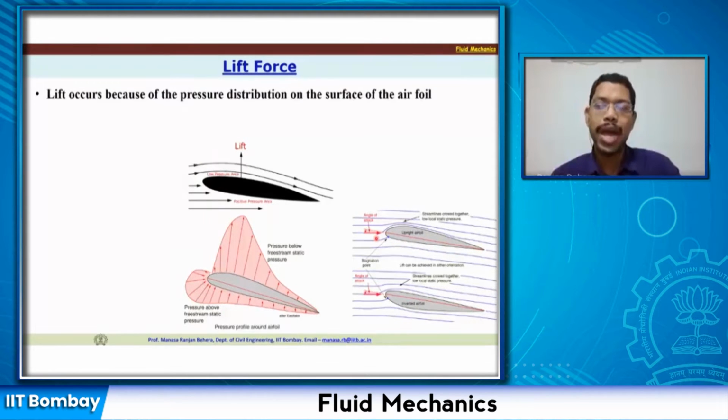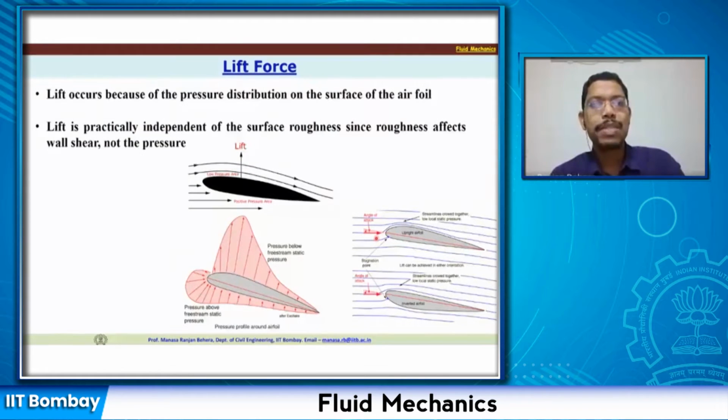So this angle of attack plays a role in contributing to the lift. Whether the lift force is going to be higher or lower, or how much it will increase at different angles of attack, depends on the pressure distribution that takes place during various angles of attack. All right. So lift is practically independent of the surface roughness because we have already discussed that the viscous effect is negligible. So if the viscous effect is negligible, obviously the surface roughness is not going to play a major role in the lift force that we will get. Okay, and the shear is not going to play any role. It is rather the pressure distribution which is playing the major role in generating lift.